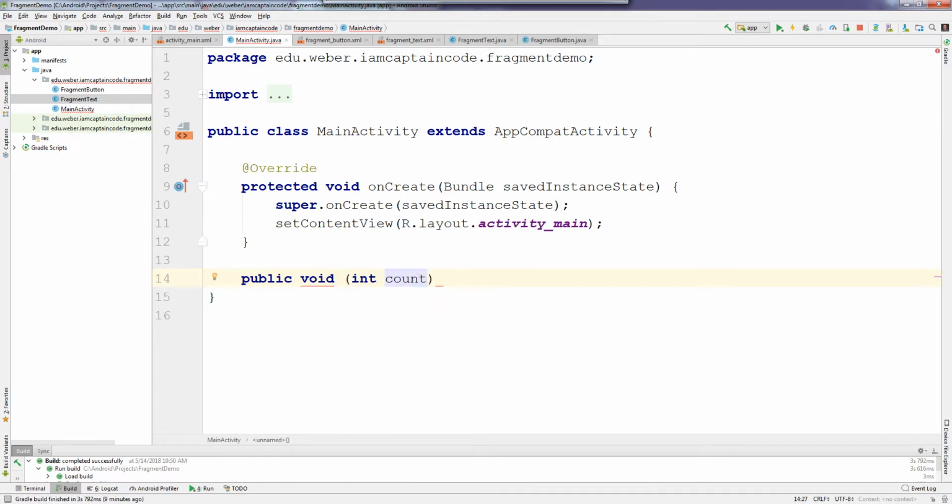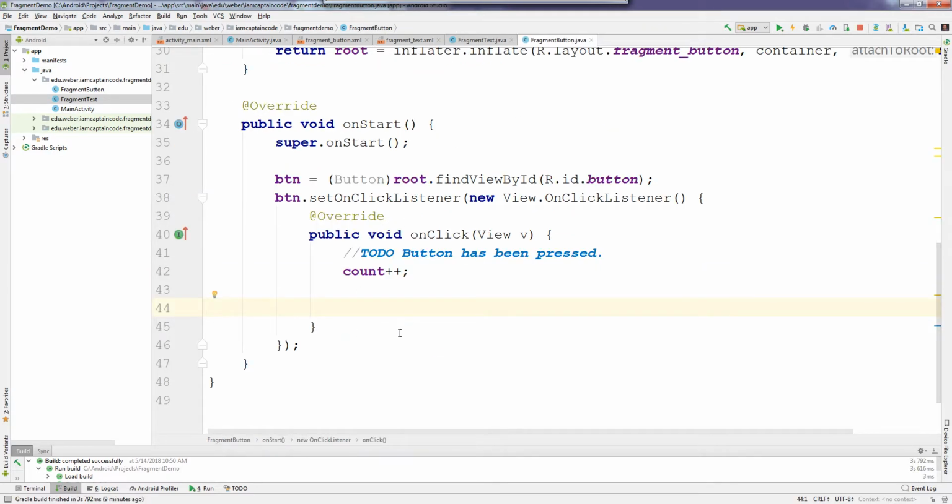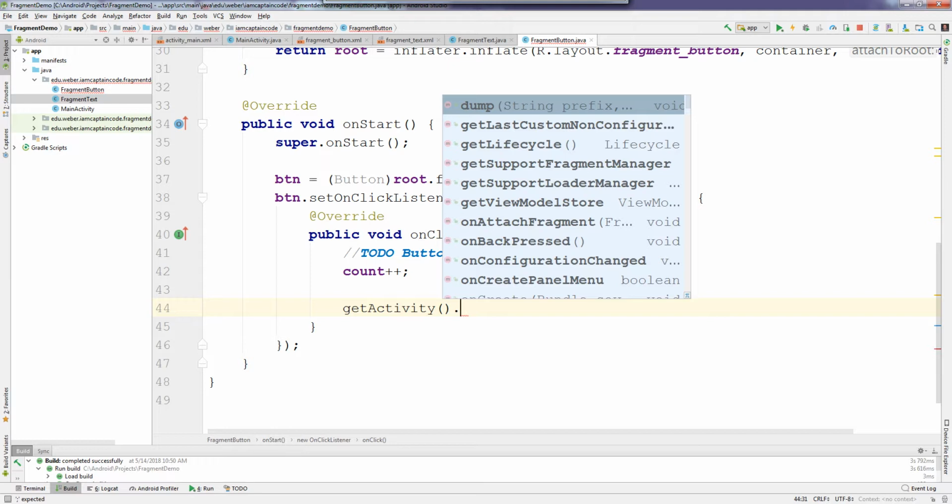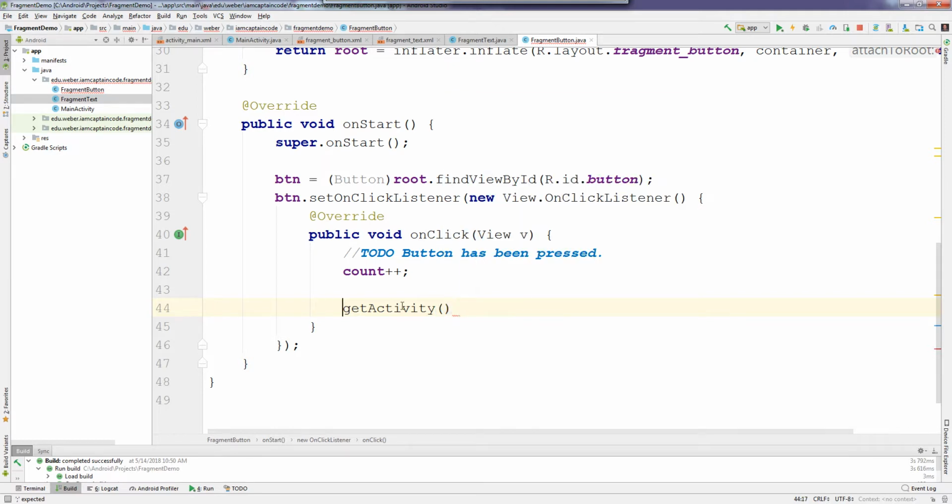and this guy will then update frag b. Oh, I guess it helps if I give the method a name, doesn't it? Update. Let's say fragment button pressed. So inside of our fragment button now, we're going to get a reference to our activity by calling getActivity. And then we are going to call our method. In fact, why don't we store this? This will make a little bit more sense. We're going to store this main activity